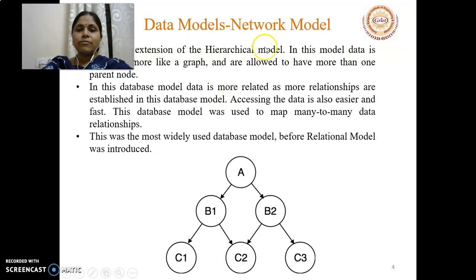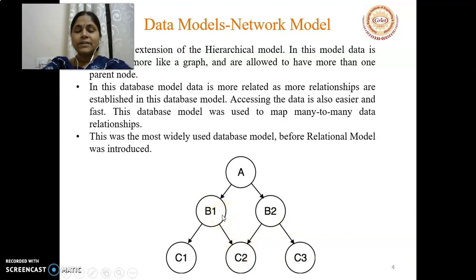The next type of model we can see is the network model, because in the hierarchical model we have certain drawbacks and this network model is the extension of the hierarchical model. Here the model can be depicted as a graph, which means a node can have more than one parent. For example, the C2 node here has B1 as a parent and also B2 as a parent. This type of